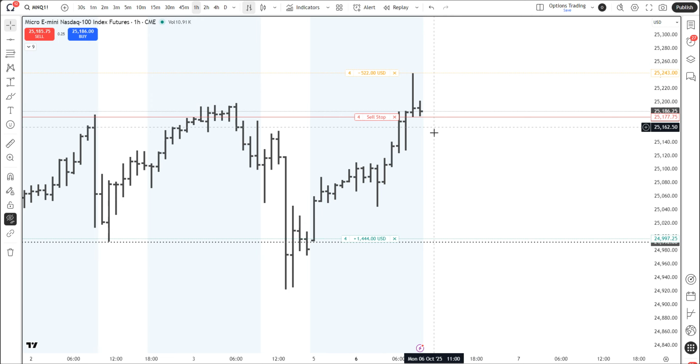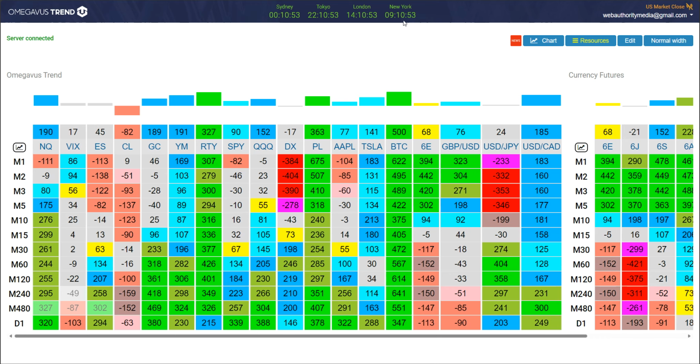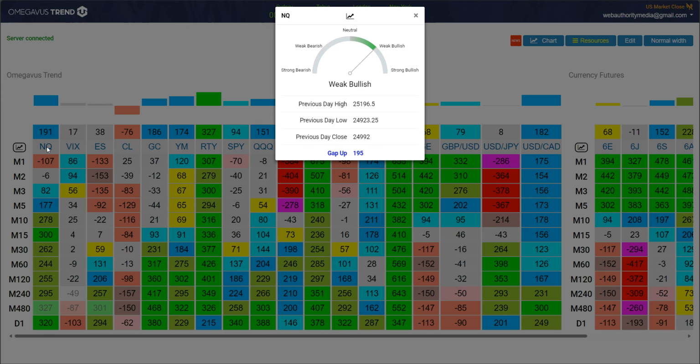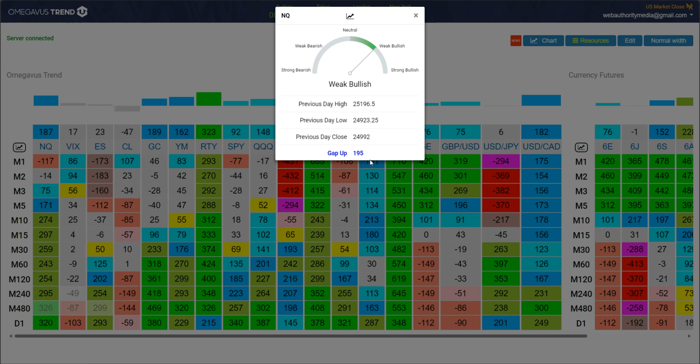How can we find where the gap is going to be? Very simple. If you have access to the Omega trend, you go onto the NQ, see the NQ right at the top. You click on the icon, it will pop up here, and it will automatically calculate how much of a gap in points from yesterday's close the market is located at. It's almost 200 points. Needless to say, 200 points without doing a pullback, it's not normal,